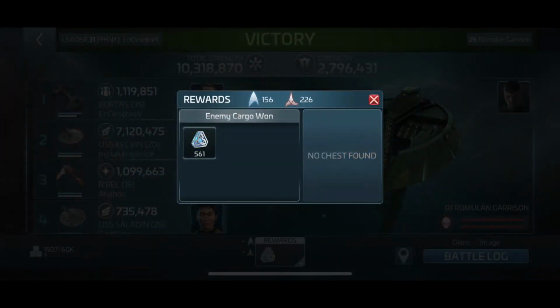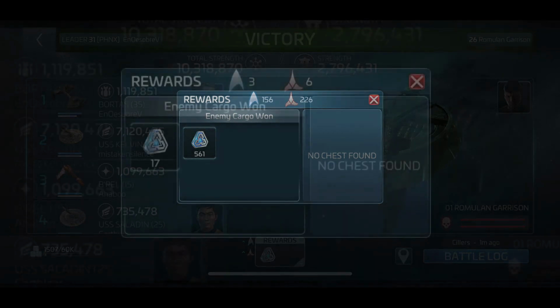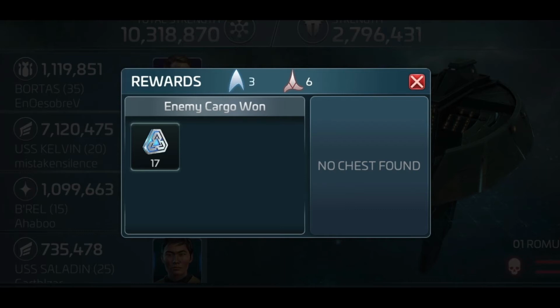So if we take a look at what I got from the 786 credits, I received 561 of them. 561 of the 786 credits came to me. That means the other 4 players had to split the rest. If we take a look at Storm and Norman's rewards, who arguably should have been in this armada, because it's a level 26 armada and he's running a Kara, that makes sense. That's the way it's meant to be. He received 17 credits. I received